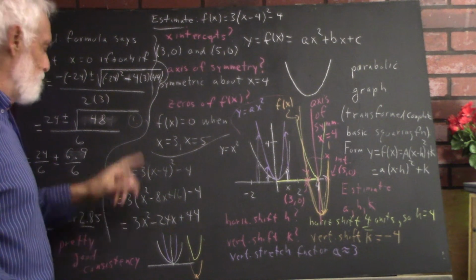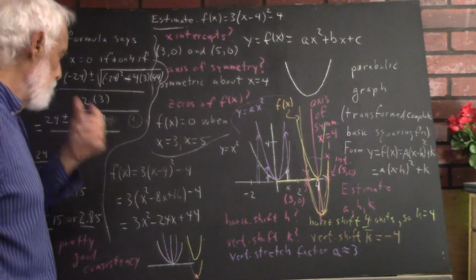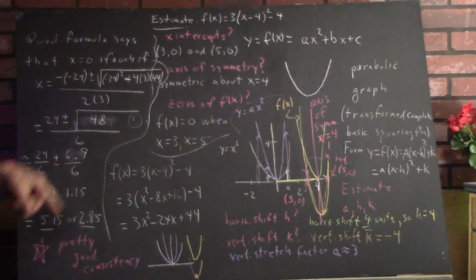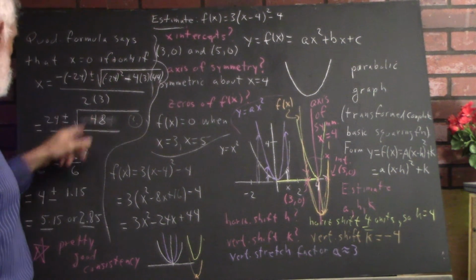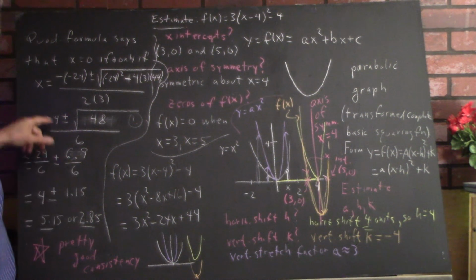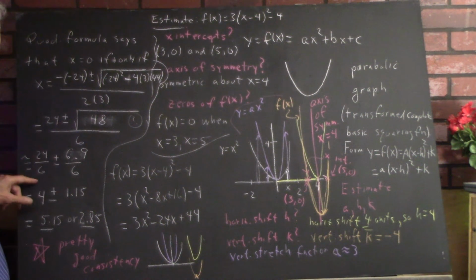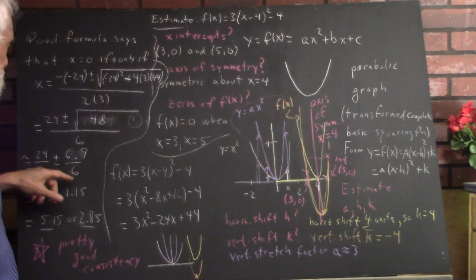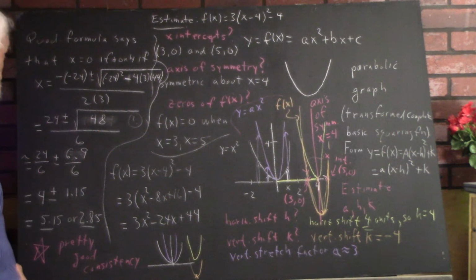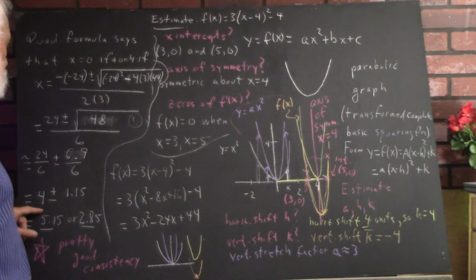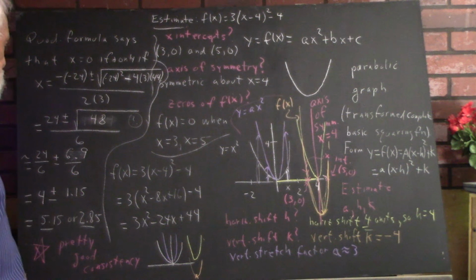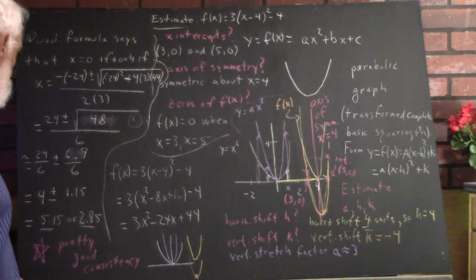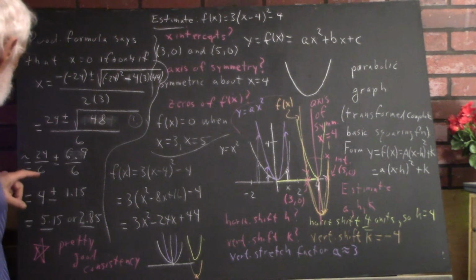Okay, again, a is 3, b is negative 24, c is 44. We plug that into the quadratic formula, there it is. Then we do the arithmetic, and here it is. Okay, now, 24 over 6 plus or minus the square root of 48 over 6. The square root of 48 is about 6.9. 24 over 6 is 4. 6.9 divided by 6 is 1.15. So we have 4 plus or minus 1.15, telling us that